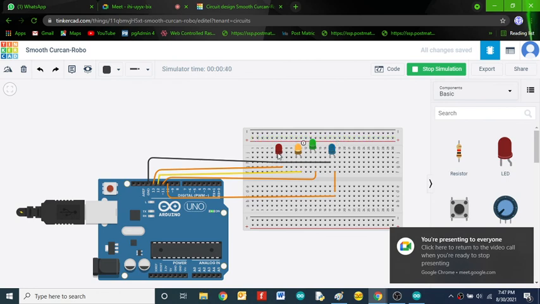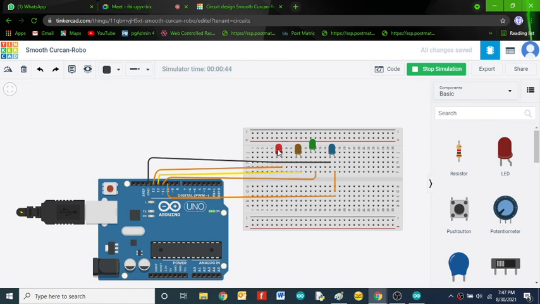So now I need to start with the 13 LED. Then it should go 13, 12, 11 and 10. So for this operation, what modification do I need to do in the programming?